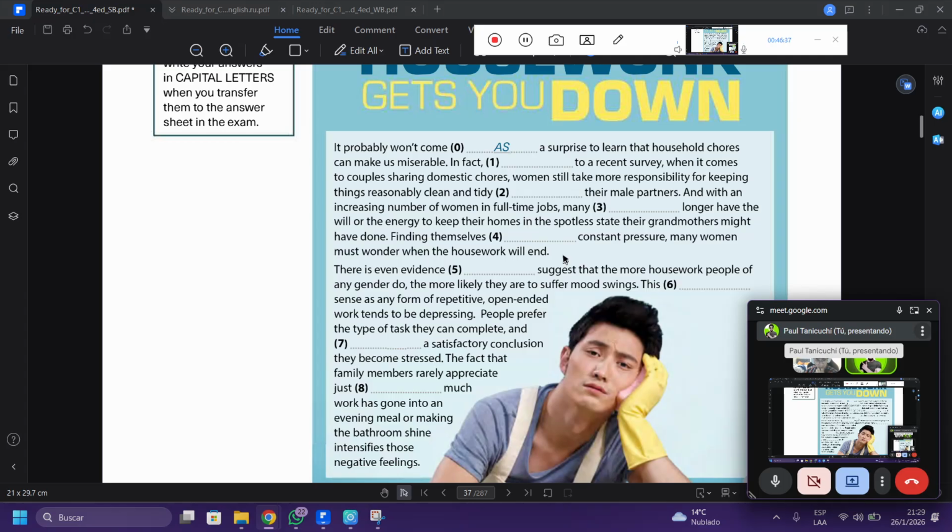So the comma here is the clue, because by putting the comma we are getting into a new statement, another idea but related to the first one.